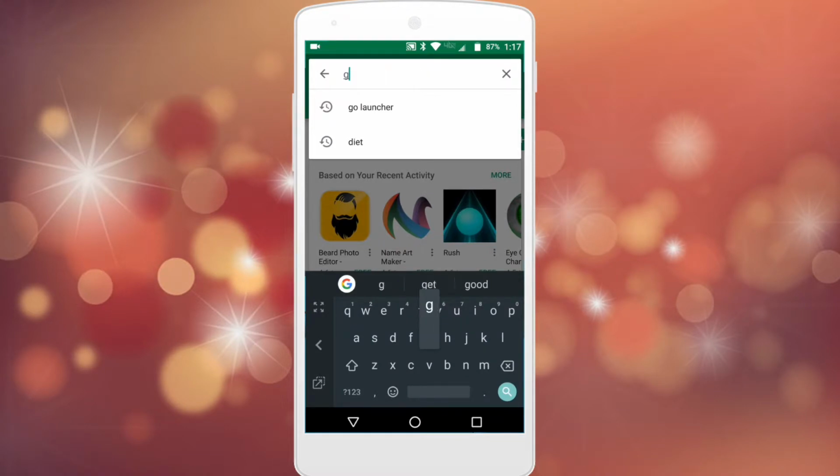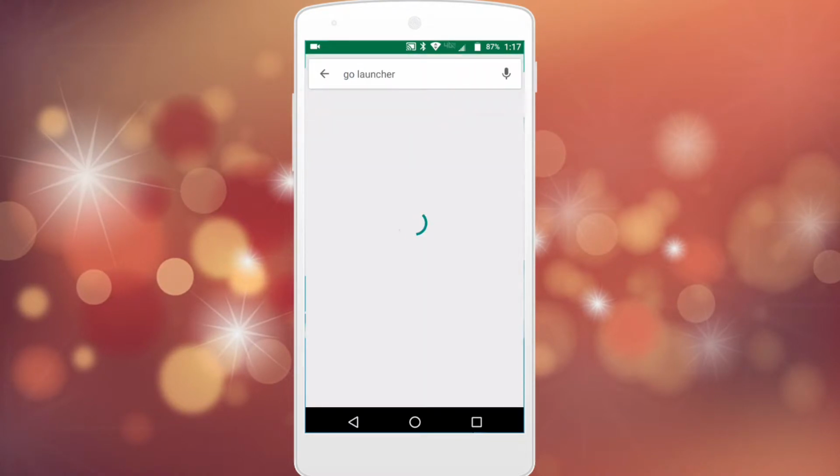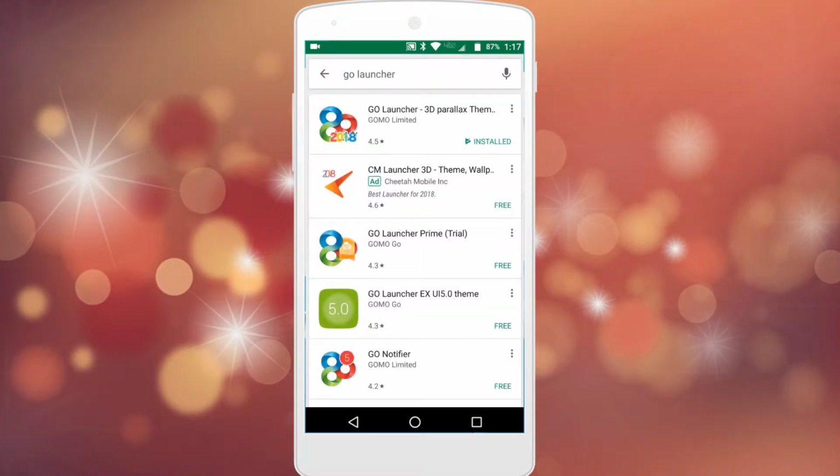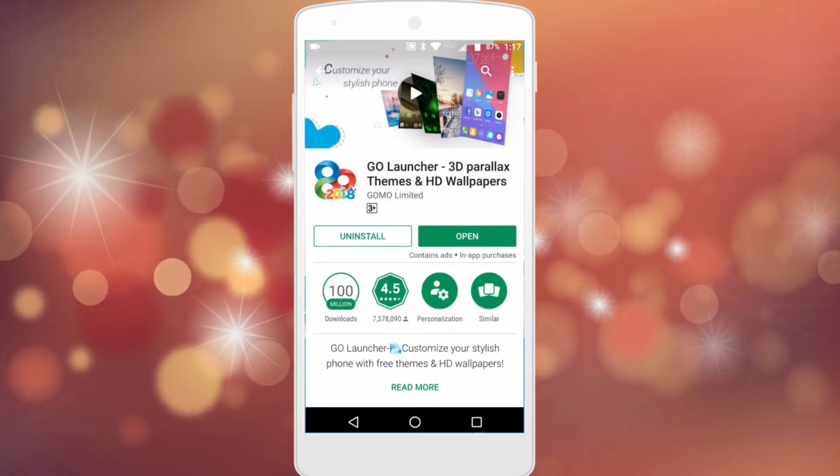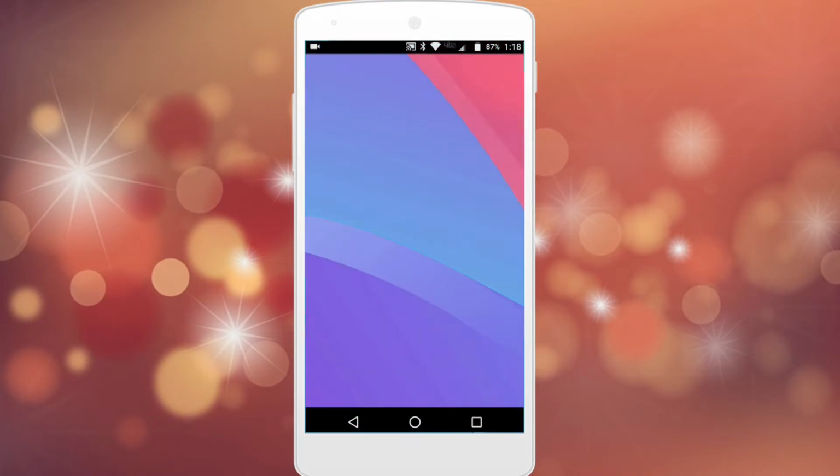and search Go Launcher. Install the first app. I have already installed it. It's about 25 MB. After that, open